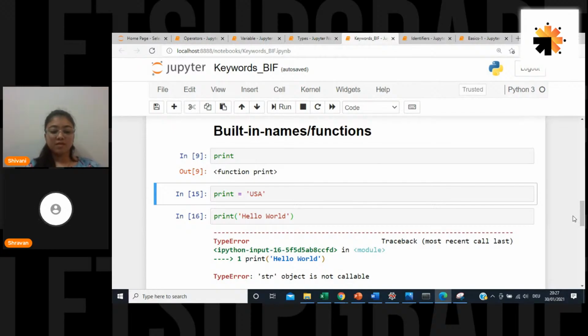But variable name is a subset. Identifier means you are identifying it, whether it is a variable, a method, a function, or a class. But we haven't gone up to that level, right? What is a method, what is a function, what is a class? We haven't gone up to that level. So right now people may be having some confusion about what is identifier and what is variable name. Variable name is a subset of identifier because it is a part of it. Is it clear?